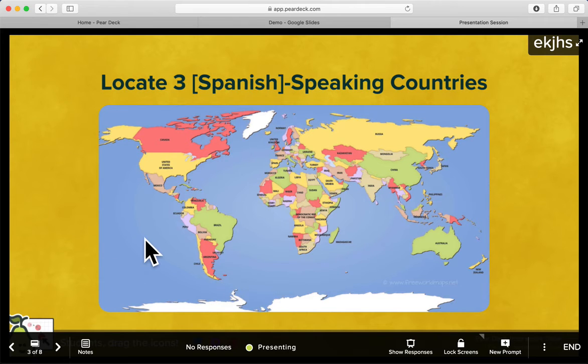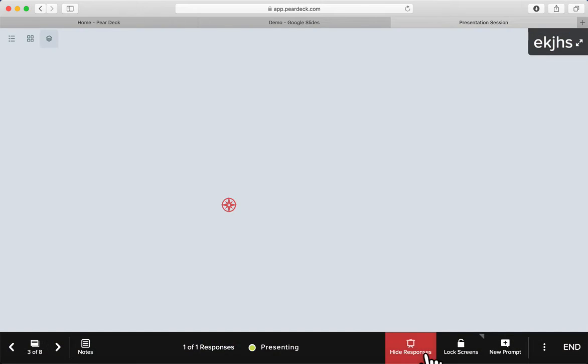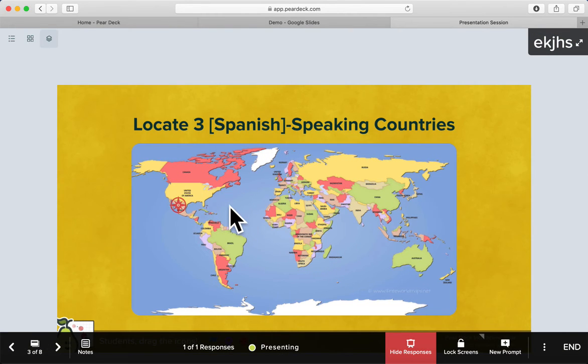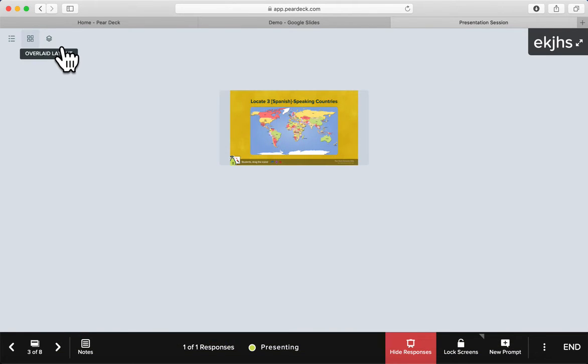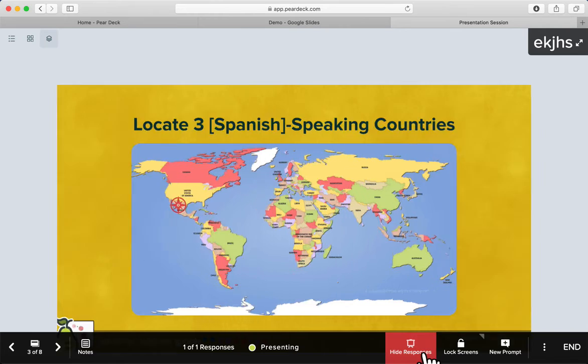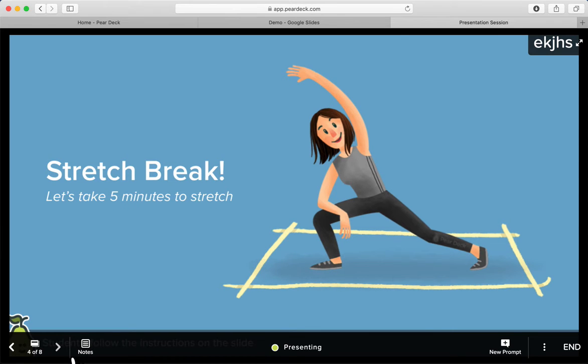And for the map one, students will see 3 icons at the bottom of their map. They can drag the icons and place them in the areas that they think are right. I just did one, and then you can show responses with this icon. Again, you can show overlap view or one at a time. Again, you can hide the response, go back to the main slide, and the stretch break, yay, and then you